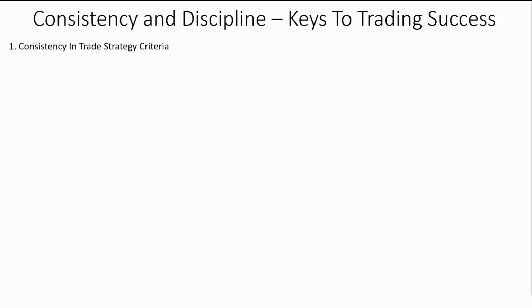I settled in that two-thirds, one-third, 67-33 area. It gives me enough premium to handle losses. I used to trade in that 90% range, and that's great, until you go on, and all of a sudden you have a month that just wipes everything out. But just be very consistent in the criteria used in your strategies.